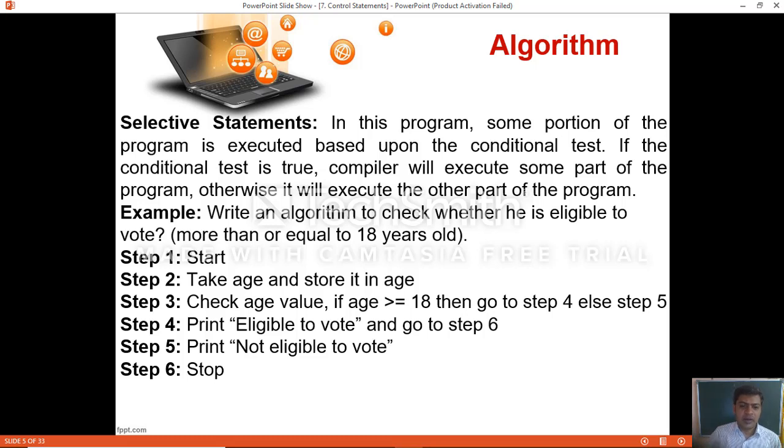So for example, write an algorithm to check whether a person is eligible to vote. The person should be more than or equal to 18 years old. So how can we check whether the person is eligible or not to vote? The algorithm steps: Step 1, start. Step 2, take age and store it in age. Take the age, either you read it from the input or you can directly assign it to the age